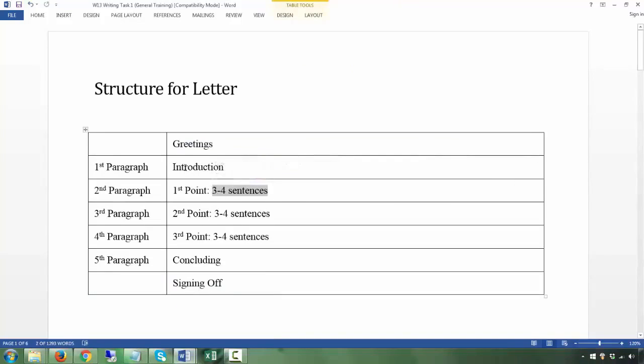Okay, so if this introduction is about maybe one sentence, 1 to 2, this is about 1, and then these are 3 to 4, 3 to 4, 3 to 4, it will be equivalent of maybe about 14, 15 or around there, 13 to 15 sentences. And that is good enough most of the time to reach 150 words minimum. Okay, so my point here is it really depends on you as to how much detail you want to put